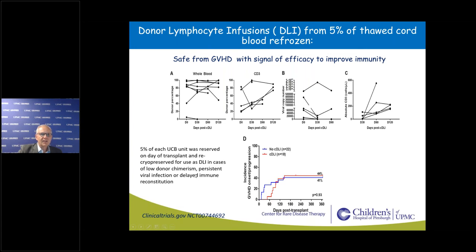So here we can see, for instance, those who were infused for chimerism concerns, the T cell chimerism at the time of infusion of the donor leukocyte infusion. Even the 5% cord blood has about 500,000 or so T cells per kilogram as a median number, and in the absence of any lingering serotherapy, in this case alemtuzumab, they can undergo peripheral expansion and contribute to a higher and higher degree of donor